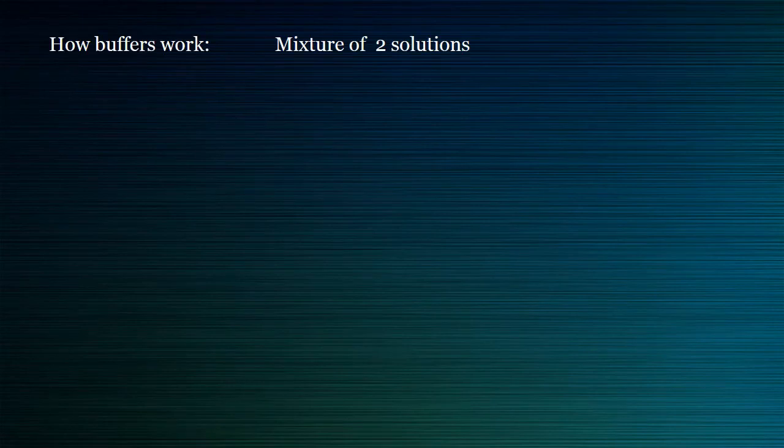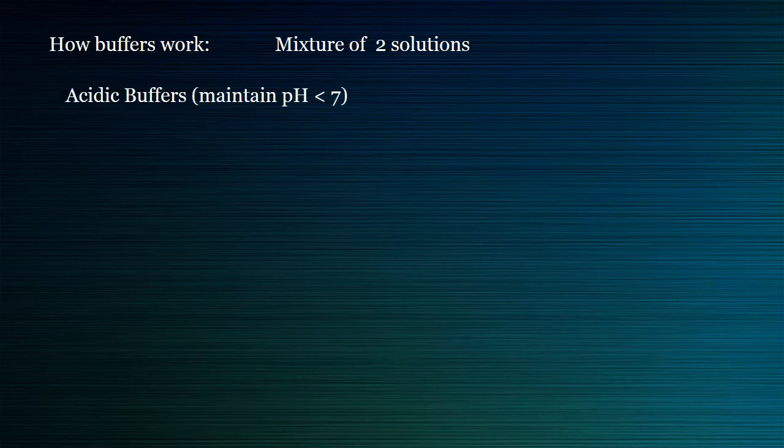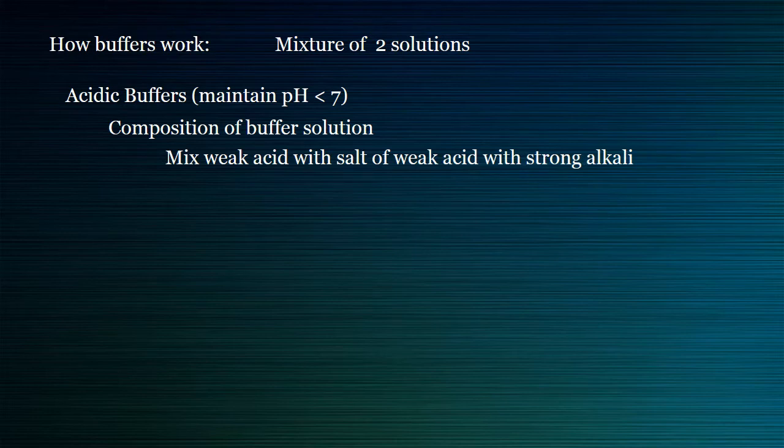So how do buffers work? Well, they are a mixture of 2 solutions, because you have to be able to buffer for an acid or buffer for a base. Looking at acidic buffers first, the job of an acidic buffer is to maintain a pH below 7, whatever that happens to look like, it all depends. So what does the buffer solution look like? Well, you need a solution of a weak acid. So that's one solution. And then you need to mix it with a solution of the salt of a weak acid with a strong base. So this looks like, as an example,